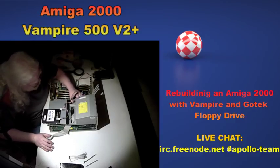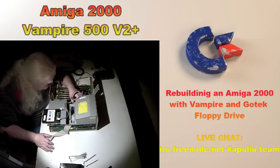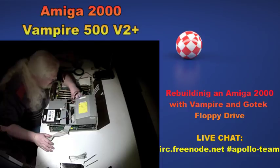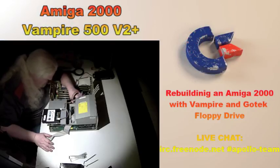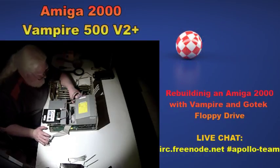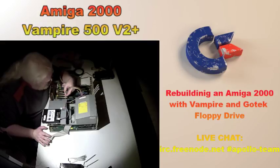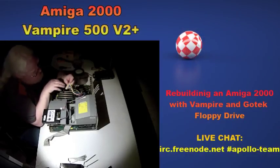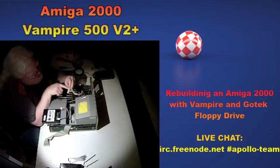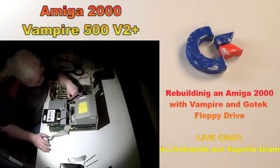So it is not easy to pull back that plastic sometimes because it's old and brittle, but anyway. Alright, so yeah, we're gonna have to wind up taking this thing back out again though. So let's have a look here. If you look at the power connector, there's a lip on one of the sides of the power connector, and the motherboard connector has a plastic lip on it that sticks up. If you're looking from the front, it's on the left hand side, and that lip sits down inside that other lip